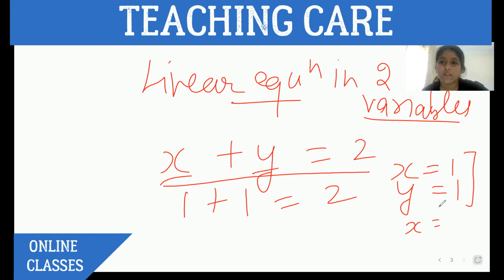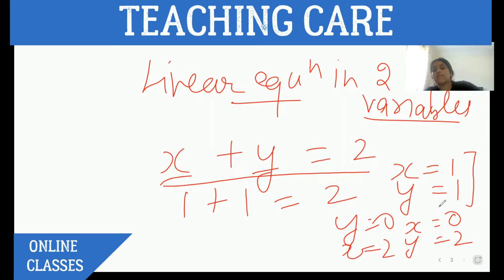Second is... For linear equations in two variables, wouldn't you need a second equation to help you? Yes, I'm coming to that. That's the method of how to solve it. I'm just telling you that so many possible solutions are there. Like x and y can be the same, or x can be 0 and y can be 2, or y can be 0 and x can be 2. It can be something decimal also. If I take 1.1 and 0.9, then it also gives me 2.